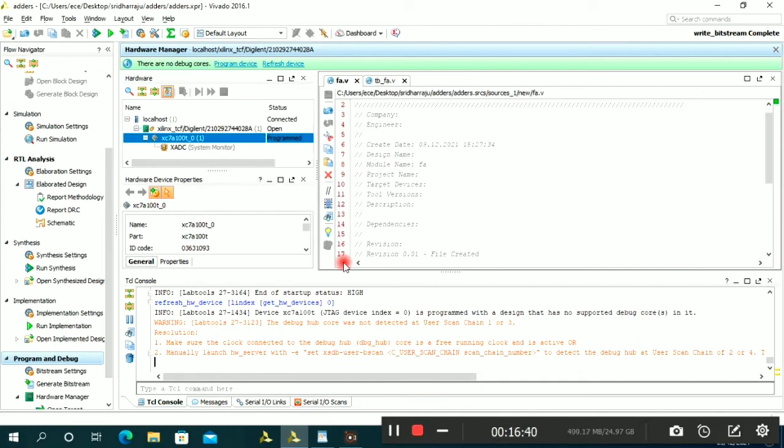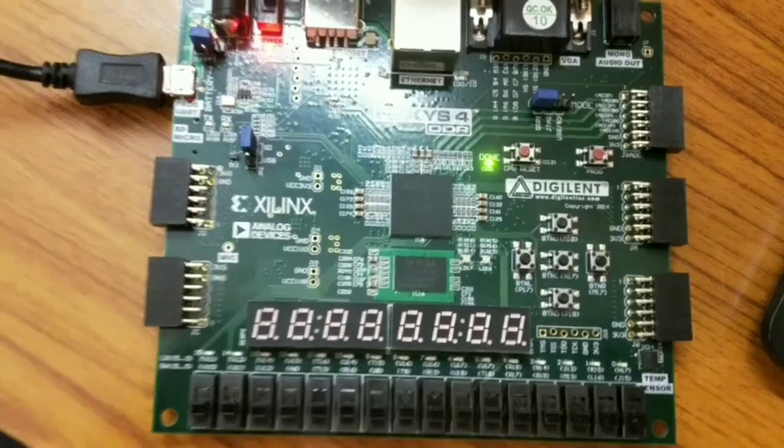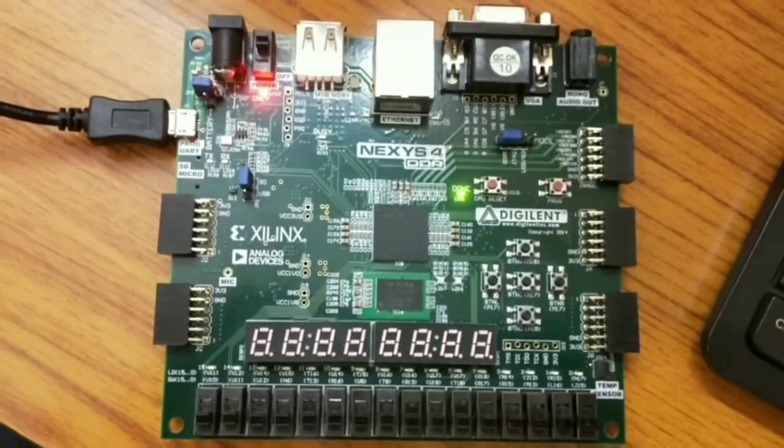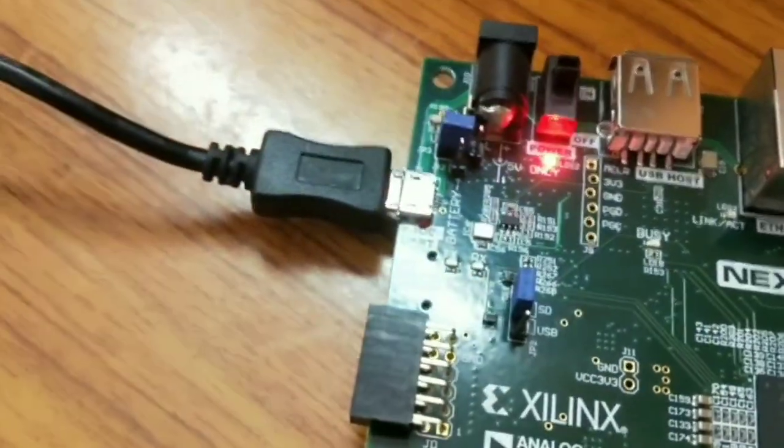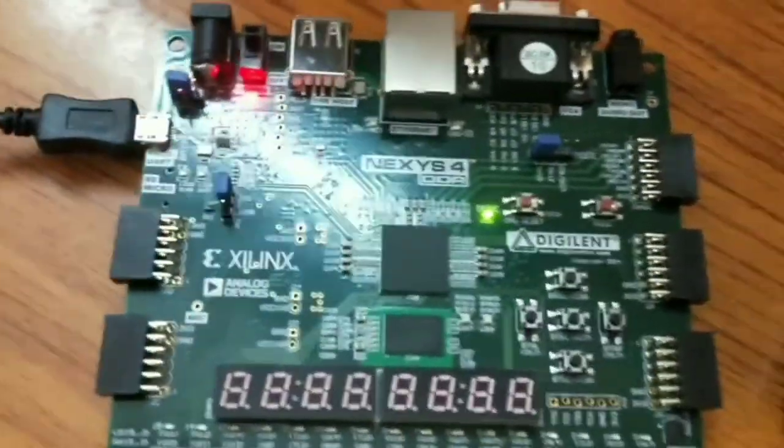Program completed. Now we can see it on the board. This is what we just programmed. This is the JTAG along with power supply. We connected to the CPU, I already showed before.